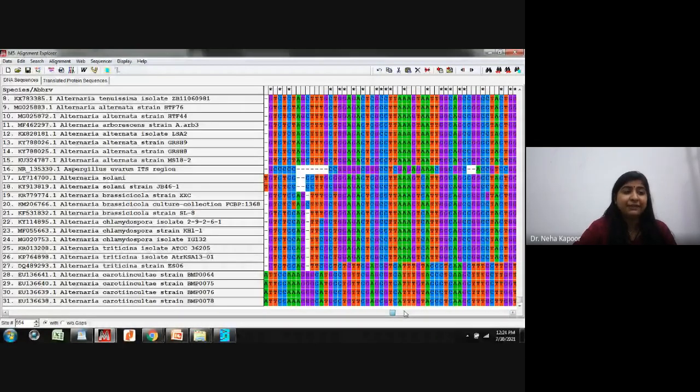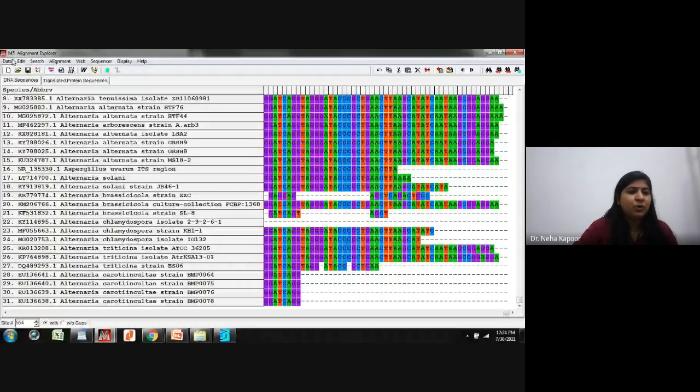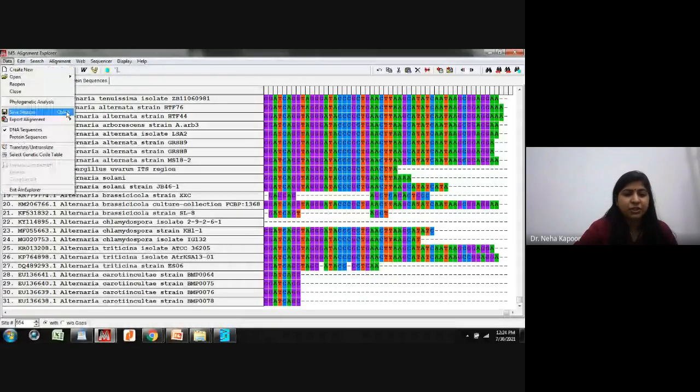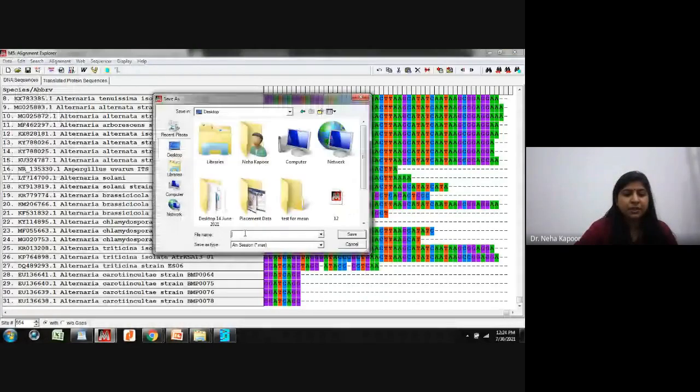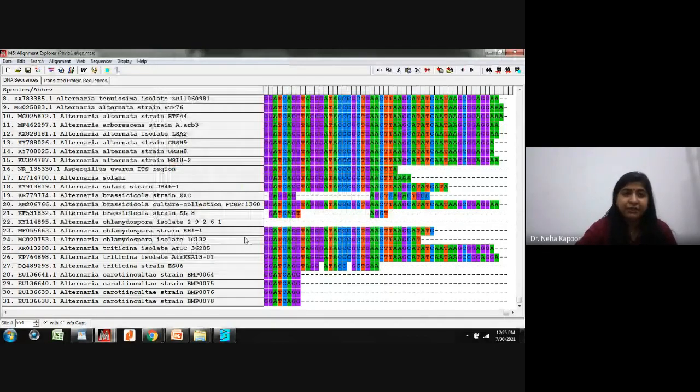Now I need to save this session first. So I am saving the session, save session, desktop. I am writing it as philo1 align. That means I'm saving the alignment session as align word. Extension of this file would be .mas. Save. So I have saved it. So till now I have only done the alignment part and I have saved this session.